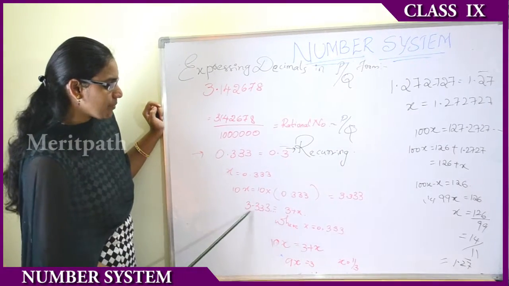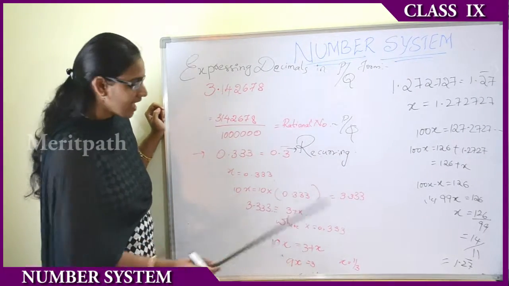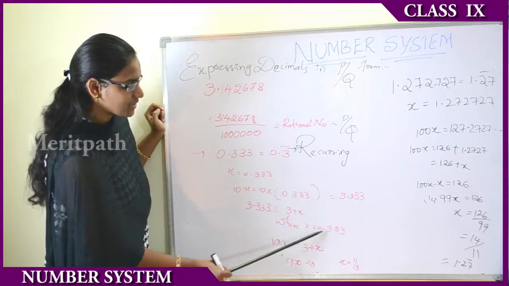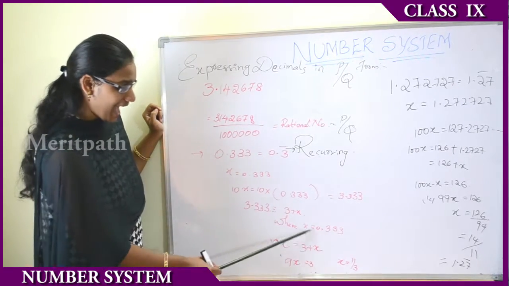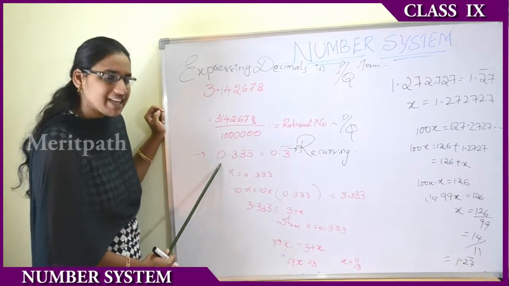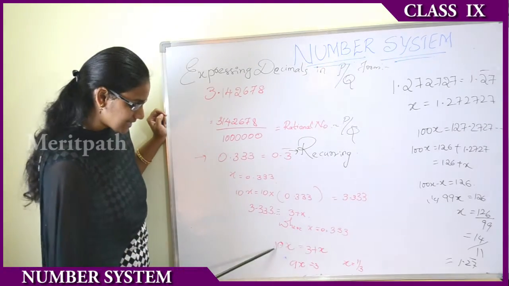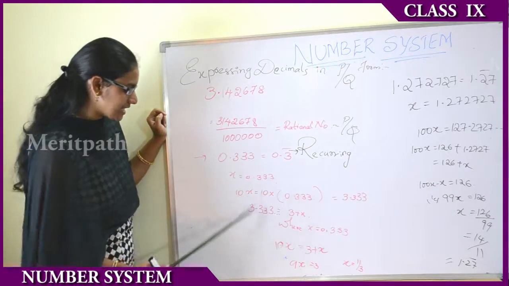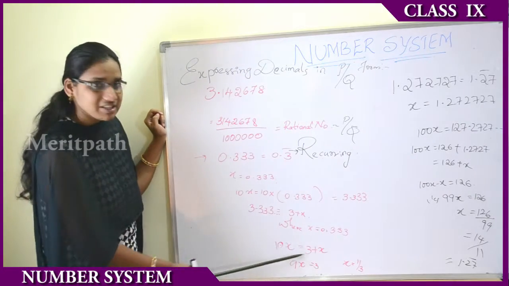Now let us take 3.33 as 3 plus x. We can write it as 3 plus x, right? Now where x equals 0.333. We are getting the same number as the first. What was the result and what was the first step is the same. That is 10x. Now we can write 10x as 3 plus x. Am I right? 10x equals 3 plus x.